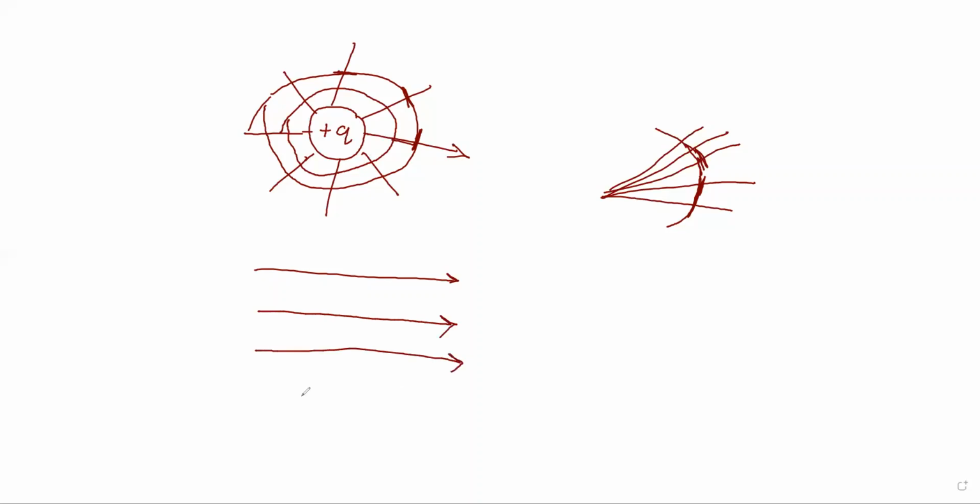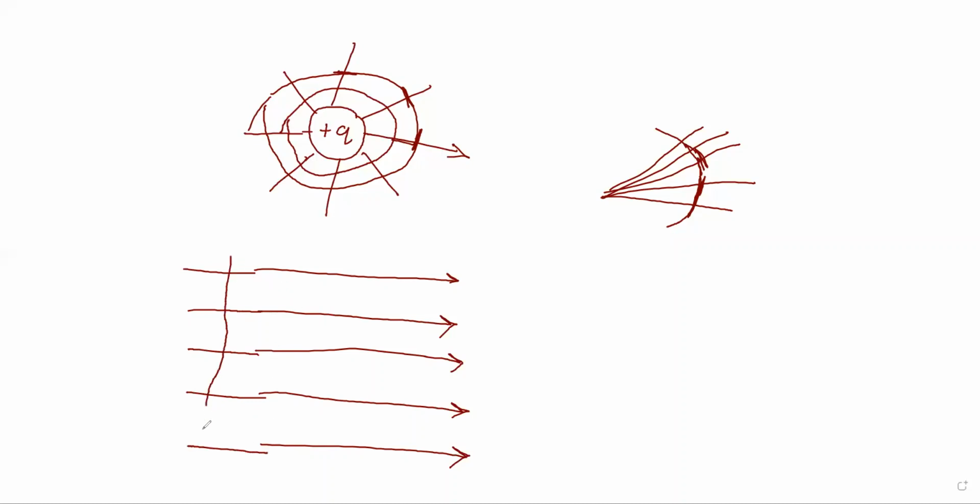What are uniform electric fields? The electric fields in a space are in the same direction in a uniform manner. So we are taking the uniform electric field. Now let us consider planes. Instead of a circle, we'll consider a plane. I will draw the plane. Let me extend these lines. So now let us consider a plane.